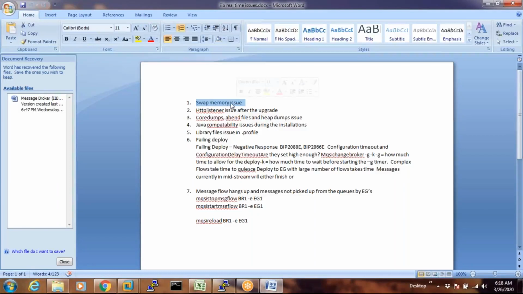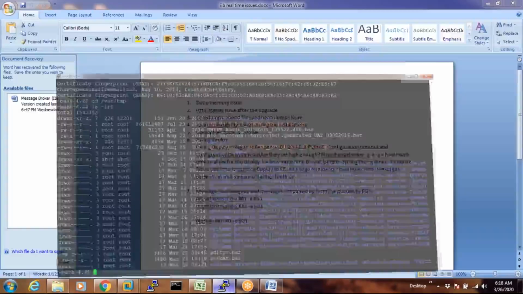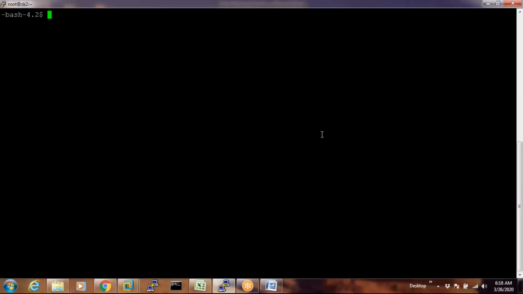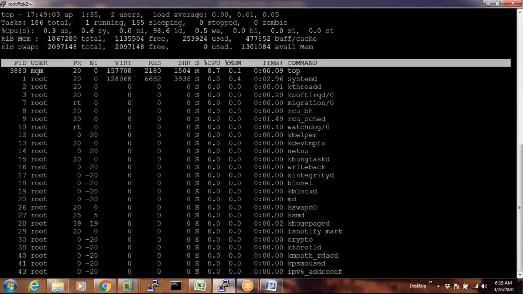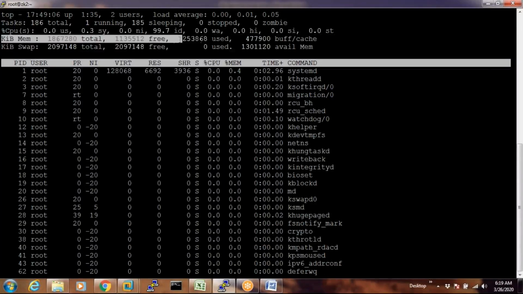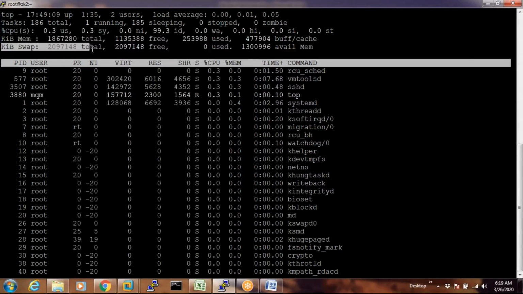Now if the applications are utilizing a high amount of temporary memory, and RAM gets 100% full, then swap memory gets utilized. When our system says it is using swap memory, it means your RAM must be full. For example, I'm in my system where some message flows are running. I want to see the memory statistics of this Linux operating system. There is a command for that, which is top. When we execute top, it shows the memory, which is the hard drive memory, and there is a swap memory. Do you see what the swap memory is now? The utilization.